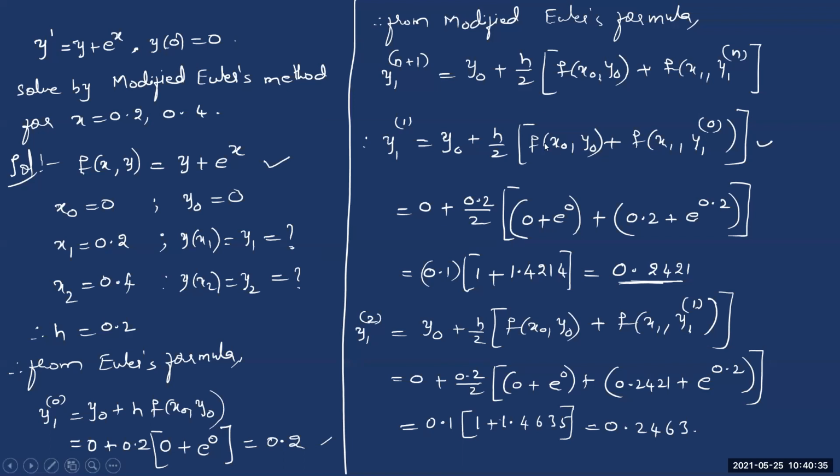Now you can compare y1 first approximation and y1 second approximation. As we are interested in getting at least 3 or 4 decimal accuracy, we need to see whether we got 4 digits the same after the decimal point in 2 successive approximations. Look at y1 first approximation and y1 second approximation. Up to the second digit, we got them the same. We got the same 2, 4 after the decimal point here. So we got only 2 decimal accuracy up to now. So let's continue for one more iteration and then see whether we get 3 decimal or 4 decimal accuracy.